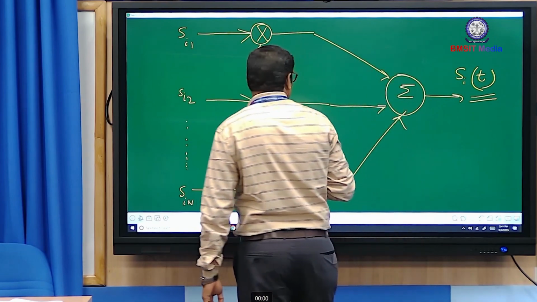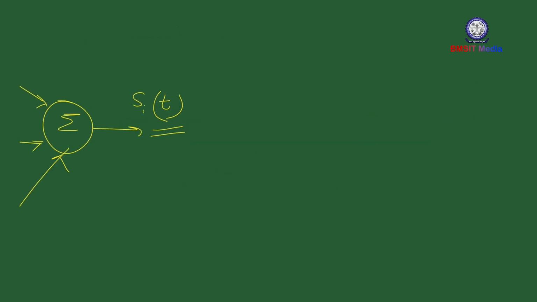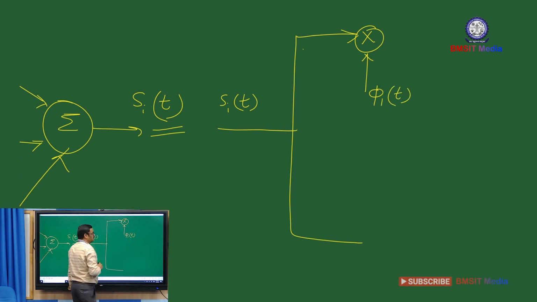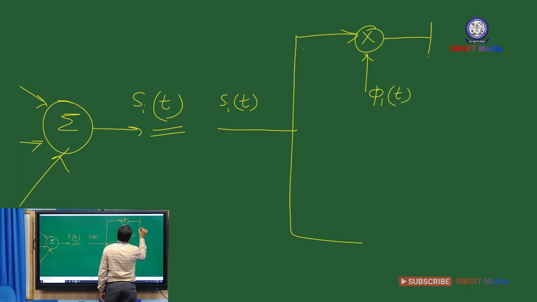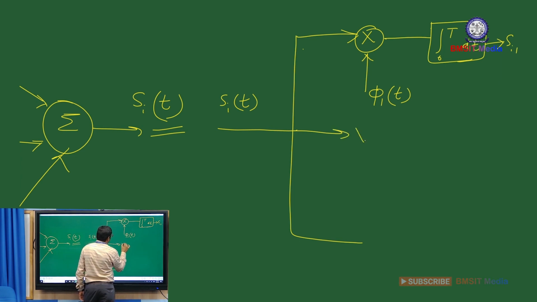So from Si of t, how do I obtain the coefficients, that is Si1, Si2 and so on up to SiN? Here Si of t is the input. This Si of t is given as one input to the product modulator, and that is multiplied by a basis function phi1 of t. Then I am integrating the product over the interval 0 to T, dt. So here I will be getting Si1. Like that,